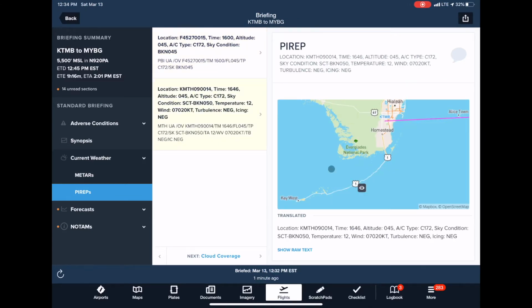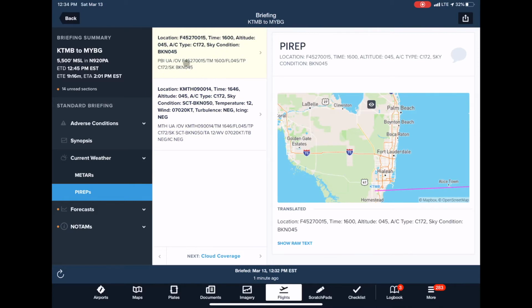Here's the cool thing, right? The briefer would tell you in a regular situation, Cessna 172, Marathon 090 radio, 14 miles, and then you have to visualize where this is. Well, here I can just see the PIREP right here, right? Same thing here, right? They would have told me off from F45, I think that's Palm Beach County, 270, 15 miles,